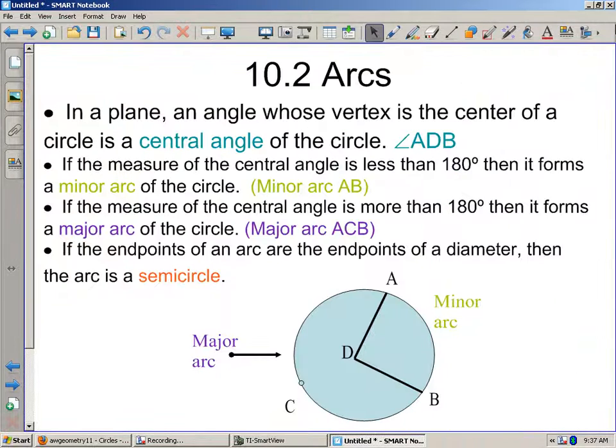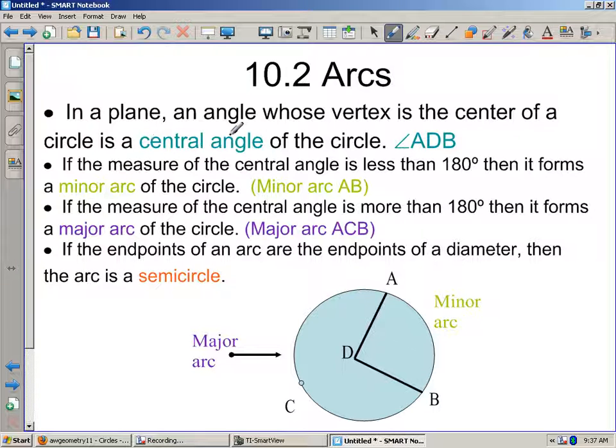Then we have a whole bunch of definitions that we've got to talk about, and this is always the fun part because you get to copy these down. So I would highly suggest, if you haven't already, go back and print out the PDF file of this, and then it makes it much easier to copy these down because they're blank. So, in a plane, an angle whose vertex is at the center of the circle is considered a central